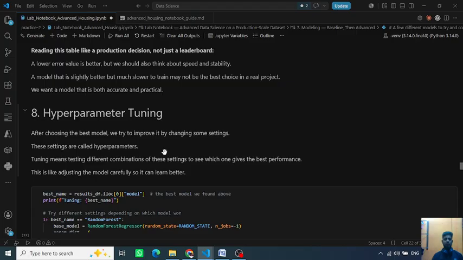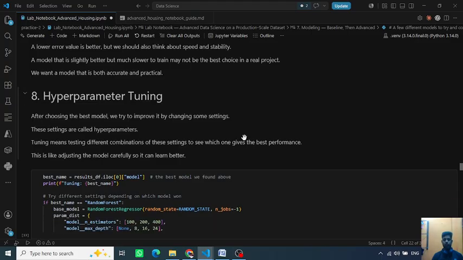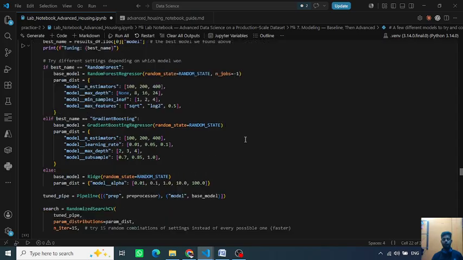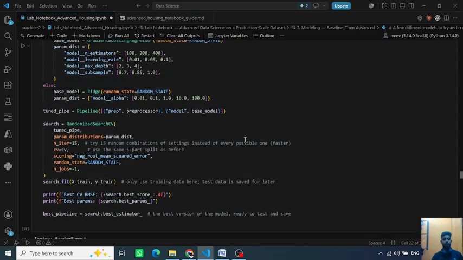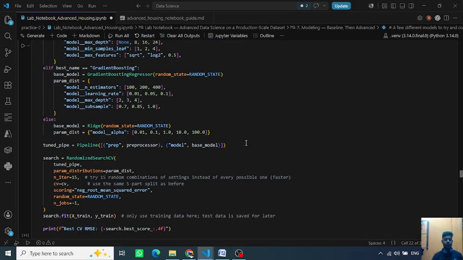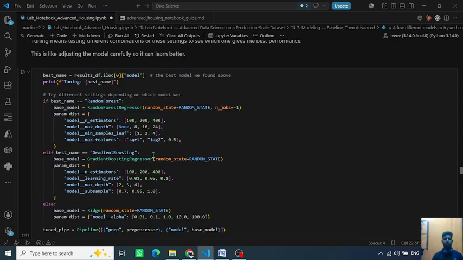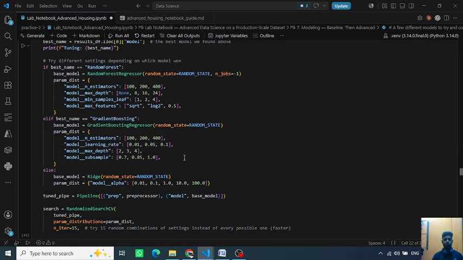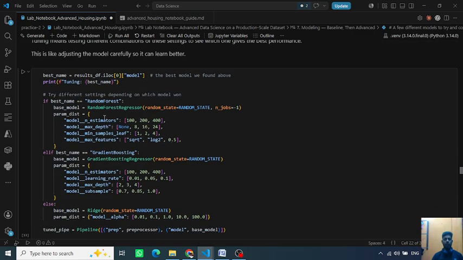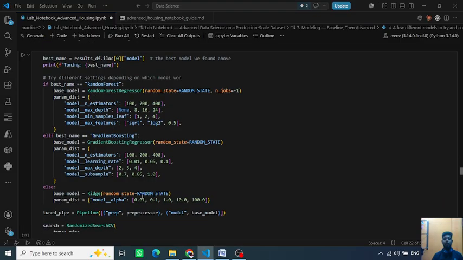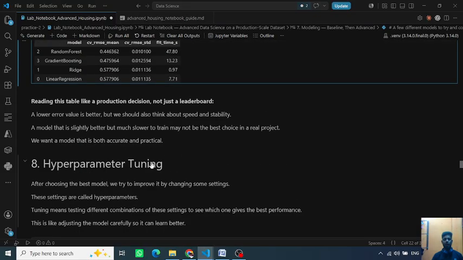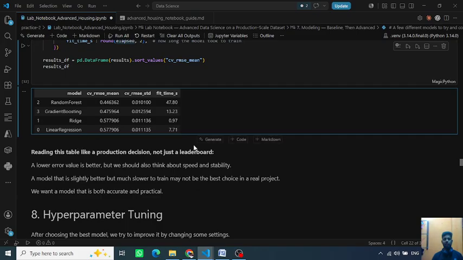Let's go to the next part: hyperparameter tuning. Here we set the hyperparameters, not for all the models, only for random forest, gradient boosting, and ridge. Because from the table, linear regression is